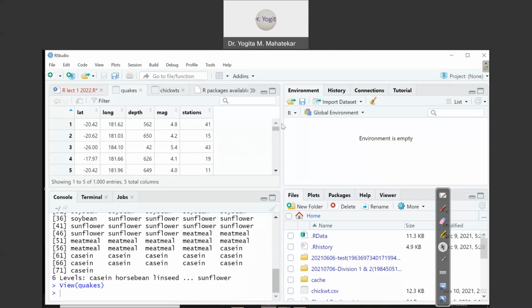So columns lat and long, the first two columns I'm talking about, provide latitude and longitude of events. Depth provides depth of the event in kilometers. So this third variable that is there in the numerical data is providing depth of the event in kilometers. MAG provides magnitude on Richter scale, and stations provide number of observation stations that recorded or detected the event of earthquakes. So this is how all these variables in this numerical data are defined. So there are 5 variables in this numerical data whose name is quakes.